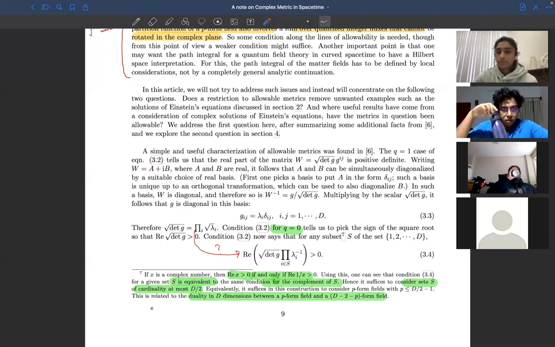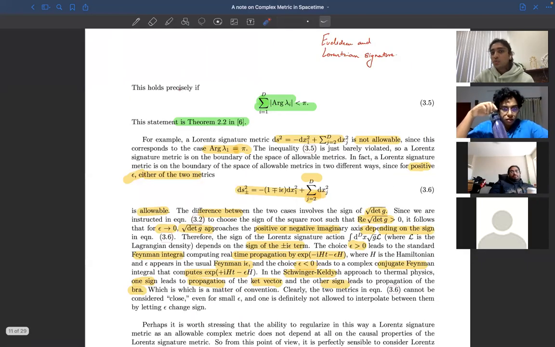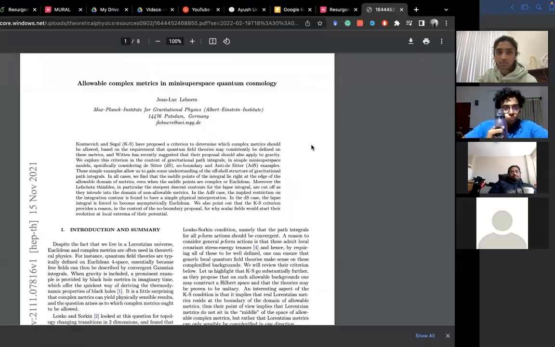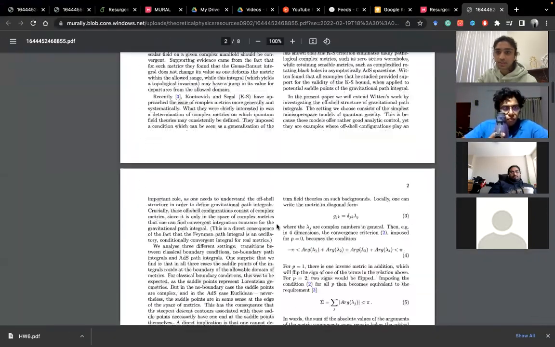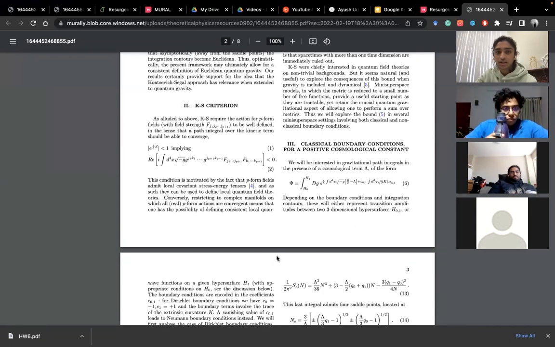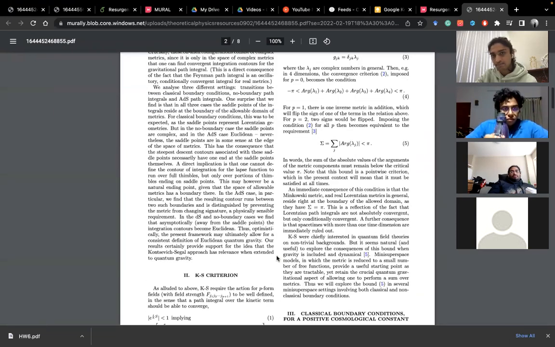Right. So yeah, it basically equates to this condition over here, which holds precisely if this is true. And this is the crux of the argument. So we have a simple criterion for metrics to be allowable. So the other paper that I was talking to you about is this, which actually goes ahead and looks at